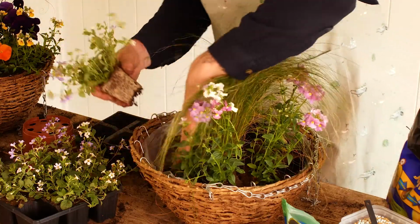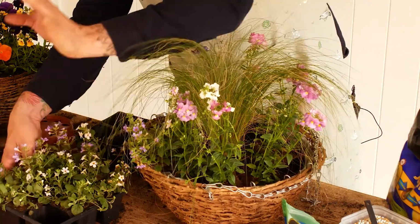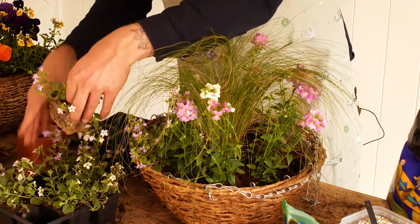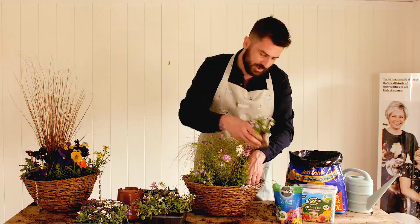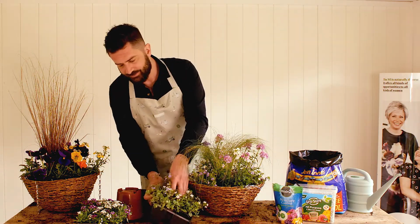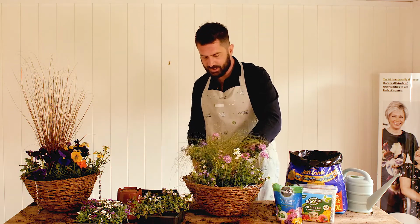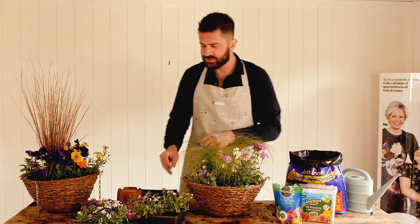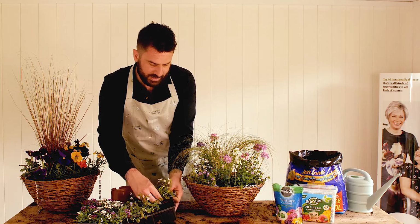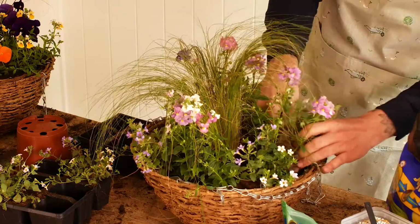Now this is a plant you'll probably recognize because it's been available for baskets for many years, but new developments mean that there are now a whole range of different colors available. So we now have mauves, we have lavenders, we have whites, even double white flowered varieties as well. So we're going to pop those into the container as well, all around our Nemesia, which we've already planted up. So last one to go